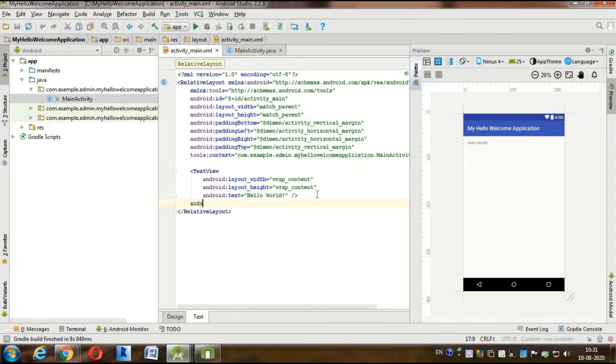So Android, then text, you can write anything: welcome to Android Lab. So this is the text.